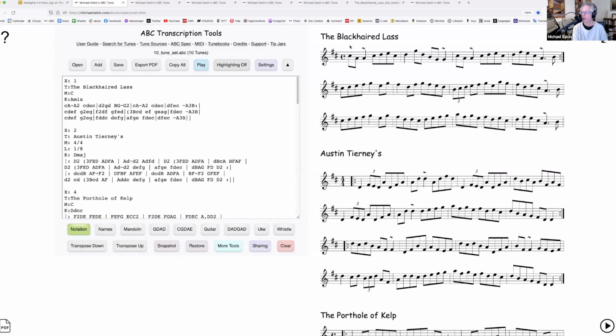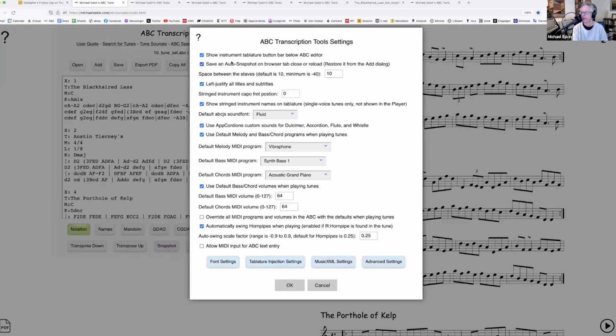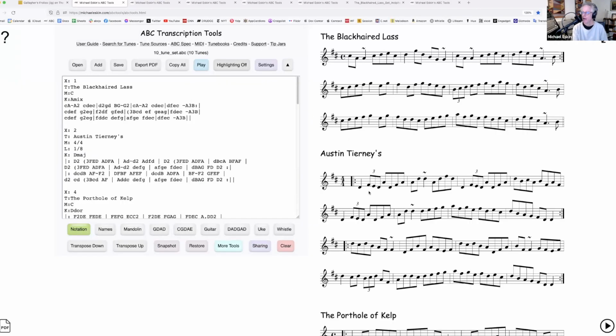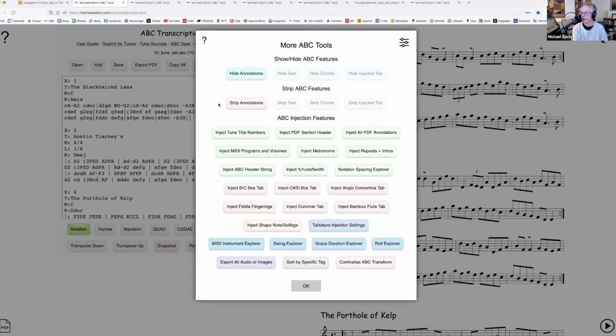But I did want to show you. So I've got these now left justified because I've set the left justify all titles and subtitles here. A lot of times people want to number their incipits. So I'm going to grab a snapshot and I'm going to go to More Tools. And the first thing we're going to look at here is you can see there's a whole bunch of features, and these all have to do with adding